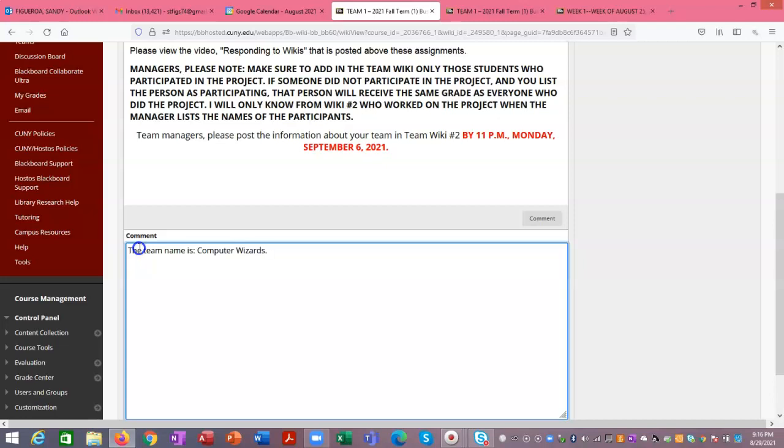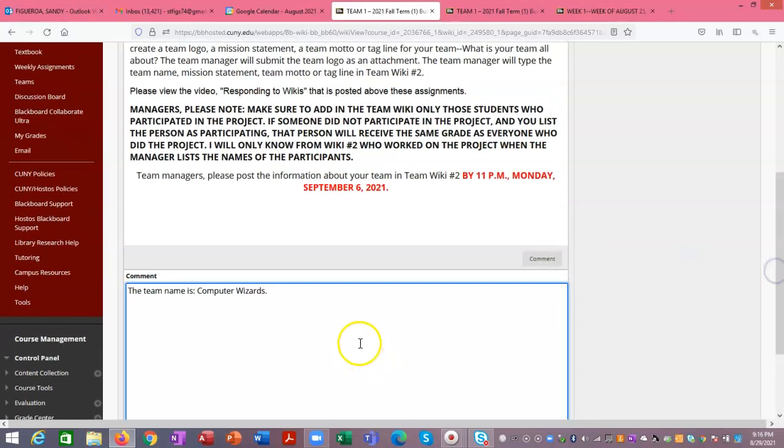And on the same one, the team mission statement is to do our best to make communication easy. And the team tagline, thinking about team,